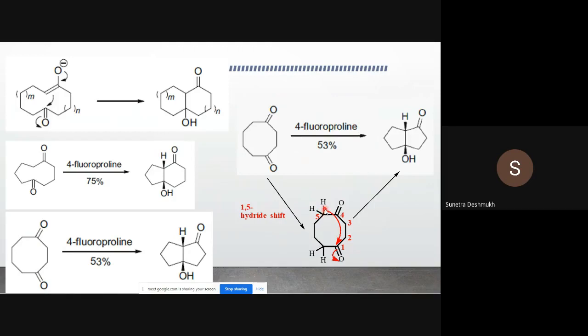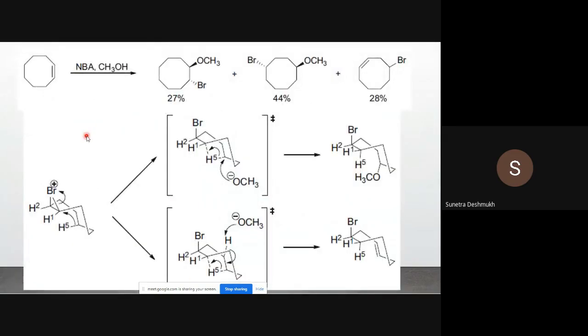So hydride is shifting in presence of proline as a catalyst. Hydride is shifting to this carbonyl carbon. Okay, so hydride shifted, so here hydrogen is present now over here. An oxygen atom abstracts a proton from solvent, and in this way we got the product, a fused bicyclic system. Okay, so this is very simple, you just have to pay attention carefully to how the fused ring systems form. Okay, one more reaction.